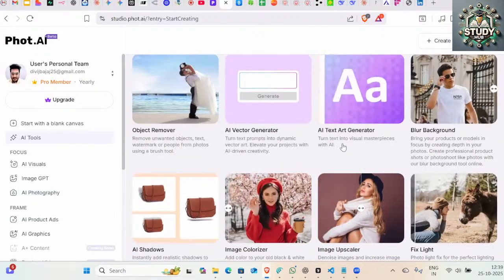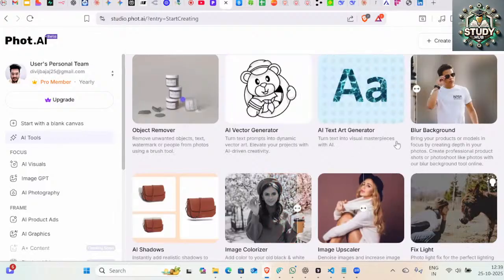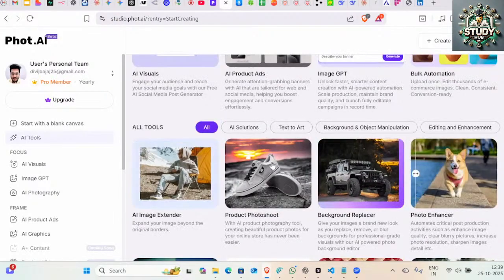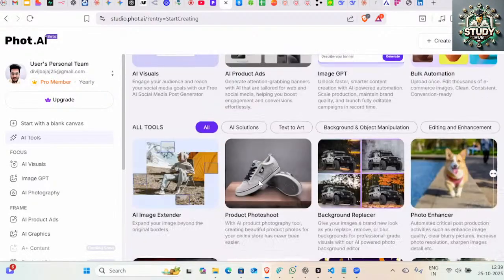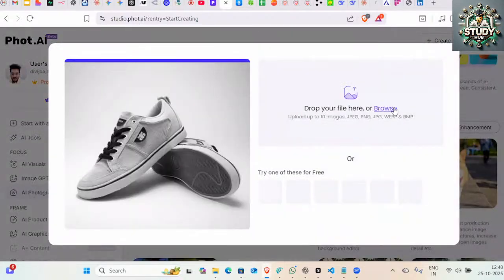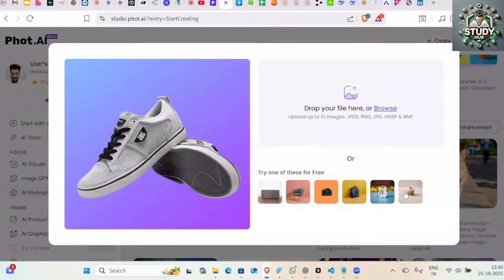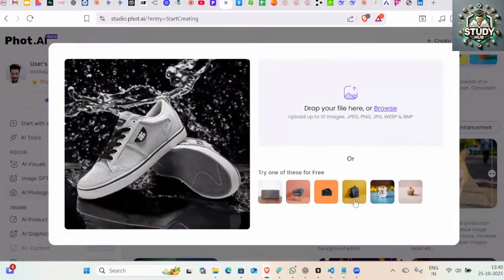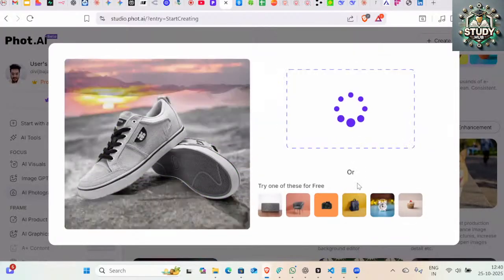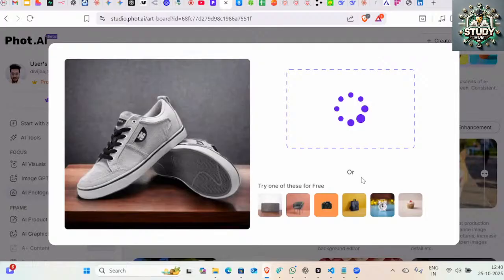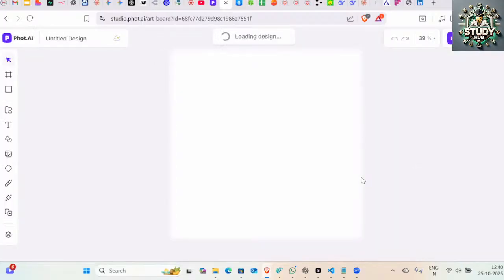So instead of a prompt, they have created a specific app for just this part. If I click on AI product photo shoots, you can try with your own image, or use the ones they are giving you. Let's say I want to have this bag, so it will create stunning studio photos for this product by just giving a single prompt, and you have 4 different options.